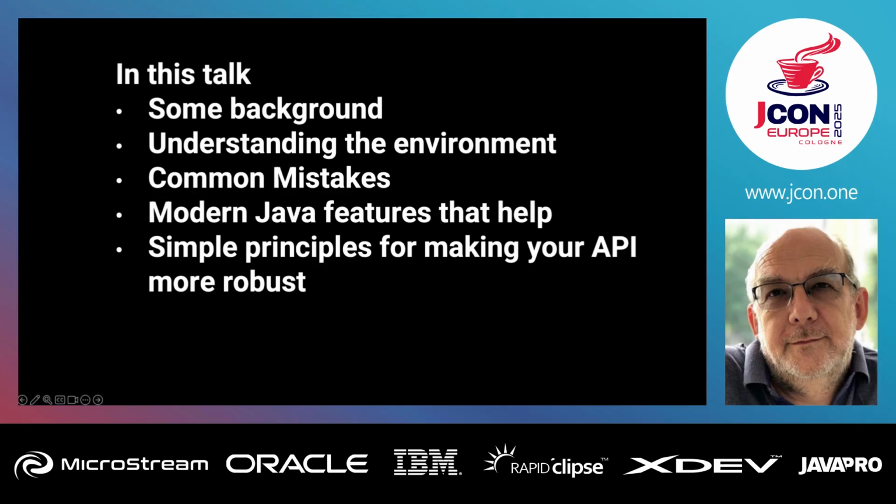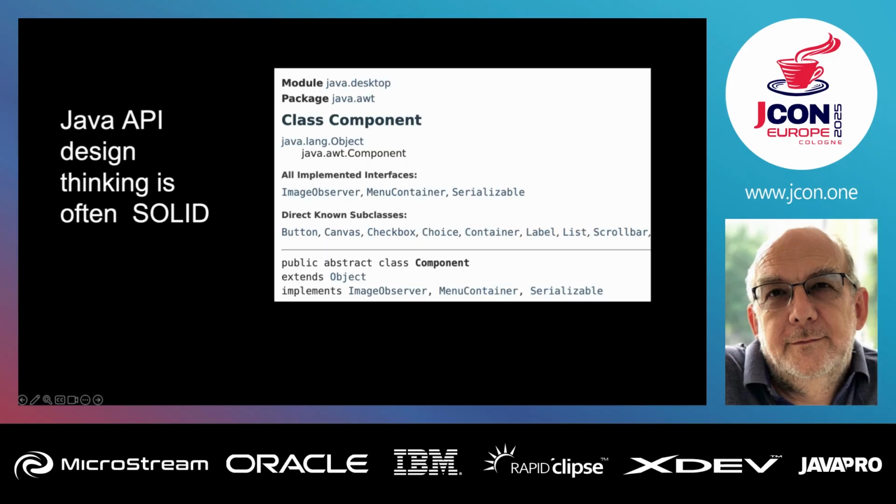So for us to talk about the future, we should talk about the past. Java started way back. There is a lot of, and there continues to be some really good advice on how to design software. And a lot of it is around a thing called SOLID, which you can Google. But if you look at the Javadoc for AWT, which is a really good example of how we used to be taught to create Java code, there are a lot of holes in it. And we're going to go through some of those and others.